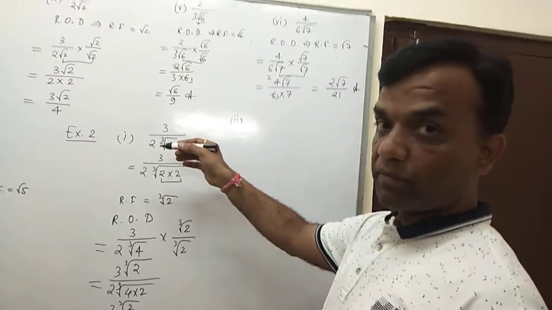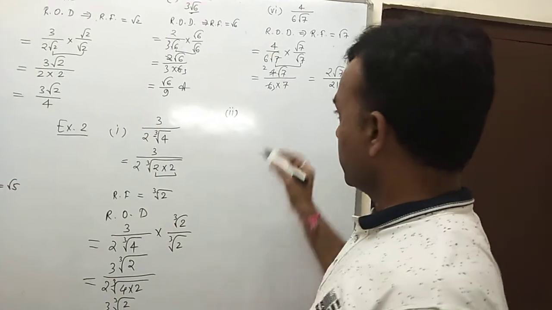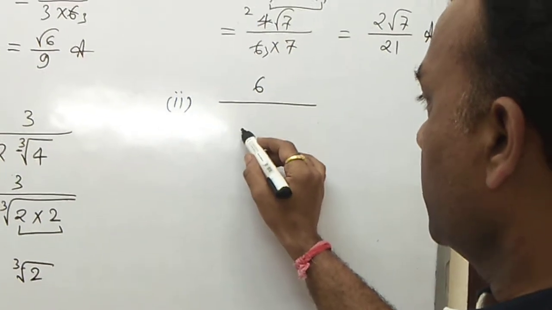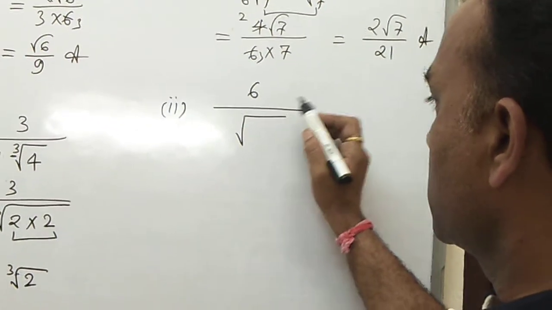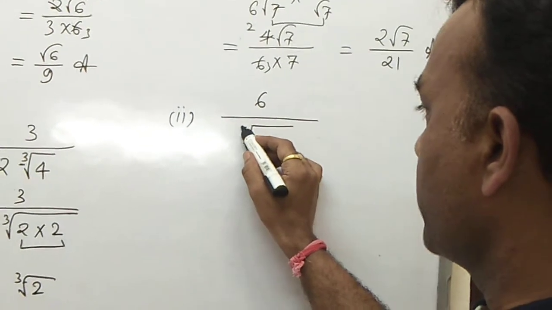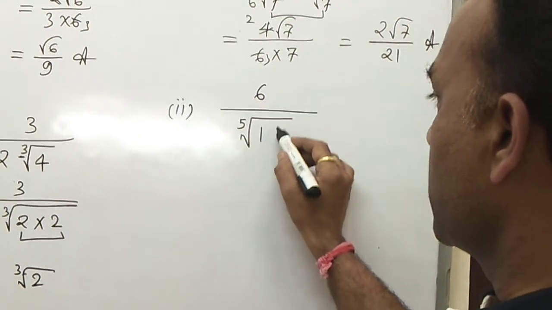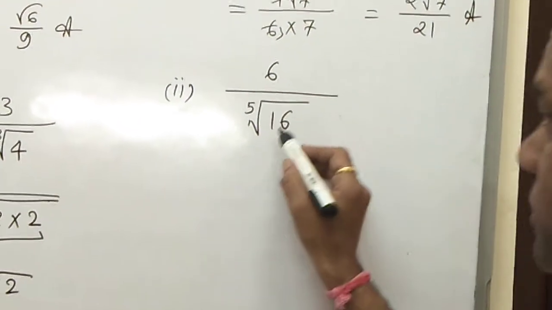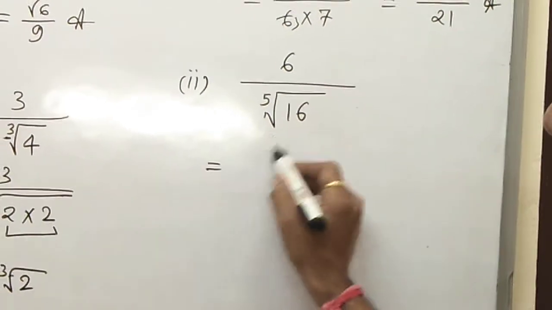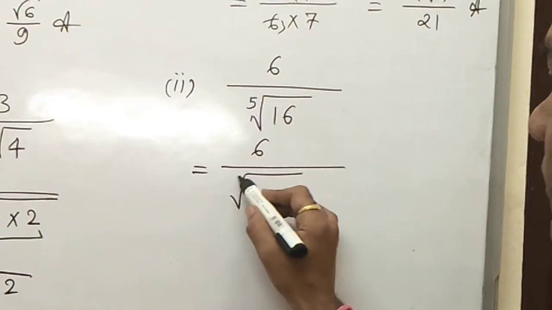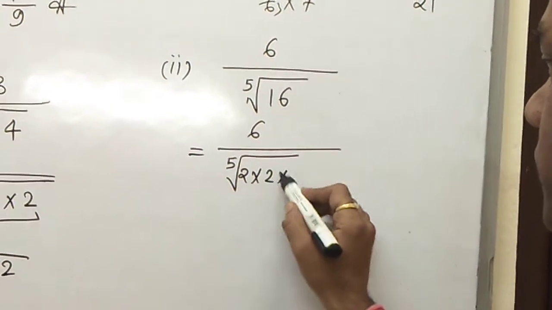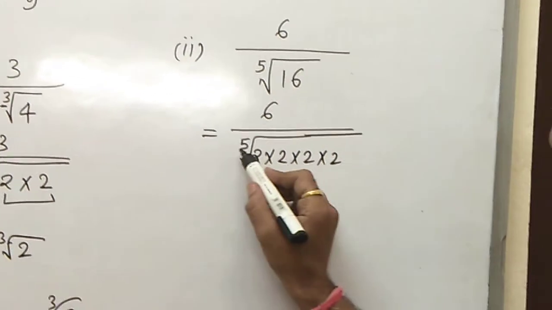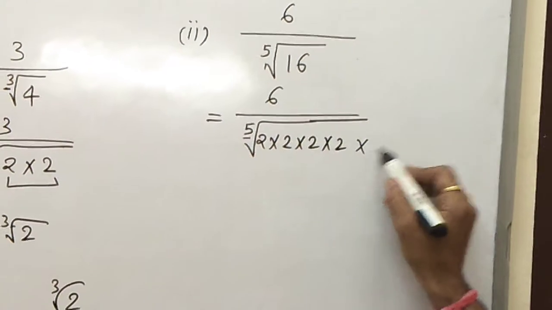Suppose maybe not given in form of the cube root, maybe given in form of the fourth root also here. So we have 6, and then like you discuss about power is 5, okay, and 16 here given. Suppose now 16 is given. 16 means you write down first its factor, because factor is important. How many factors are required? So 2 into 2 into 2 into 2. Okay, because 16 means you write down 2 4 times. But here power is 5, so one more required 2 here.